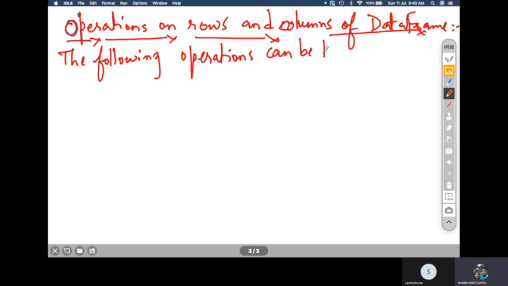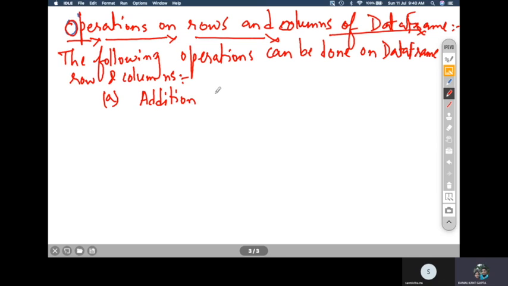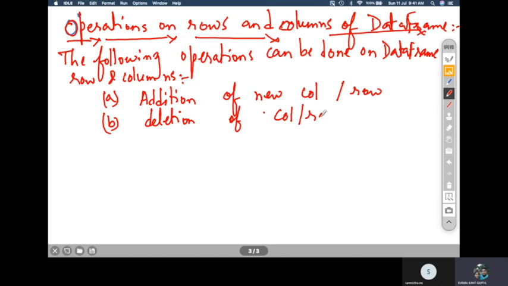Can be done on data frame, on data frame rows and columns. What are these operations? Number A, addition of new column or row. Deletion of column or row.